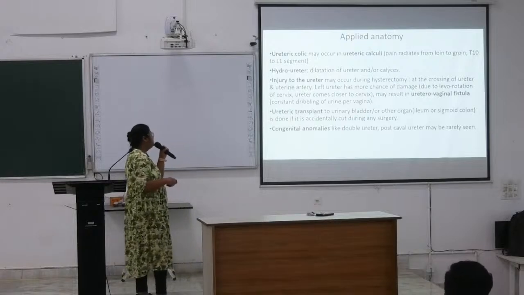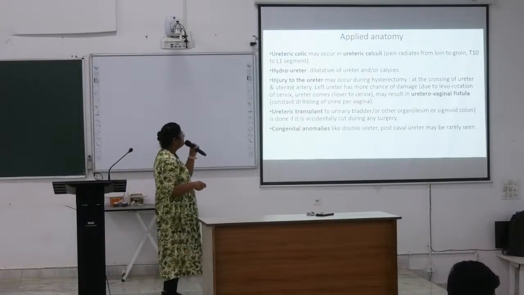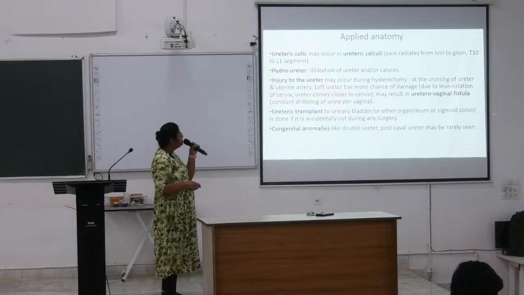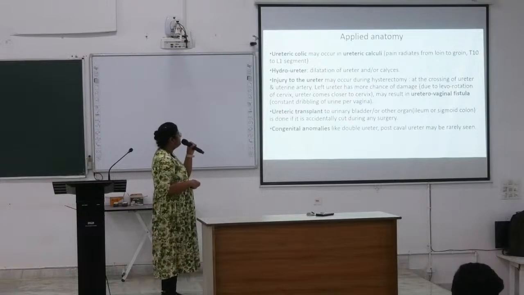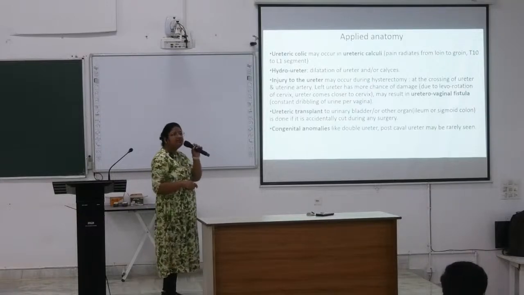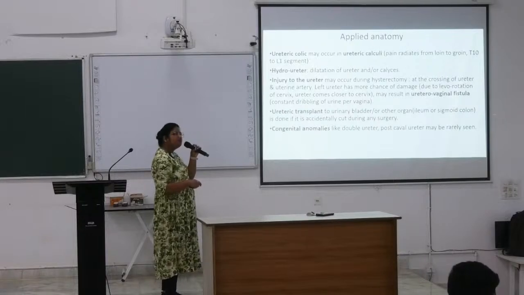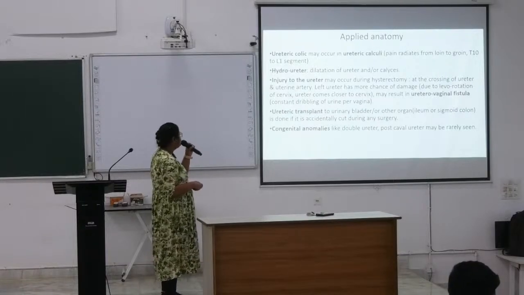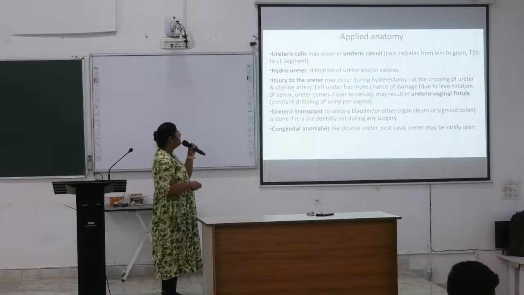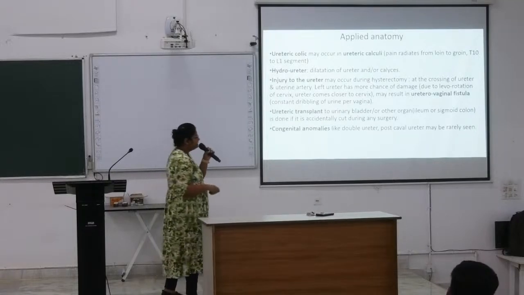Ureteric transplant to the urinary bladder or other organ like ileum or sigmoid colon can be done if it is accidentally cut during any surgery. Okay, it is anastomosed with the bladder or ileum or sigmoid colon. Congenital anomalies like double ureter, postcaval ureter may be rarely seen. Next,